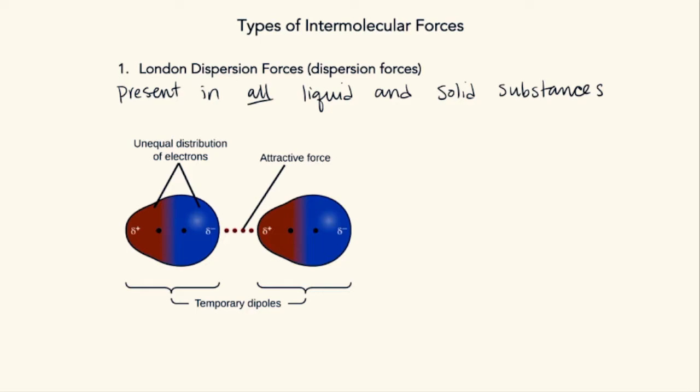The way that these attractions occur is if at some point there is an unequal distribution of electrons. At some point, there's more electrons on one side than the other at some moment in time. Okay. So they're caused by